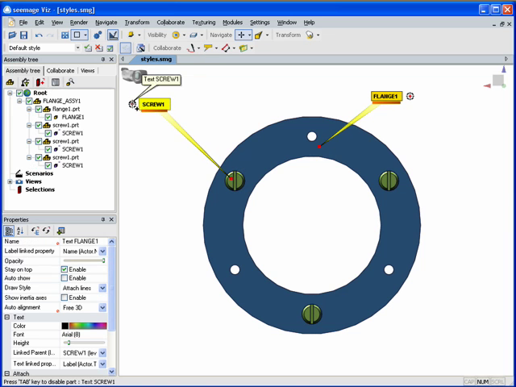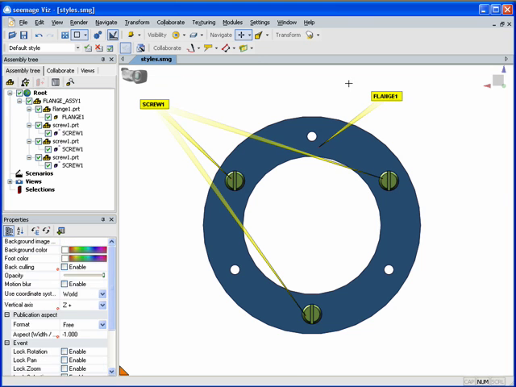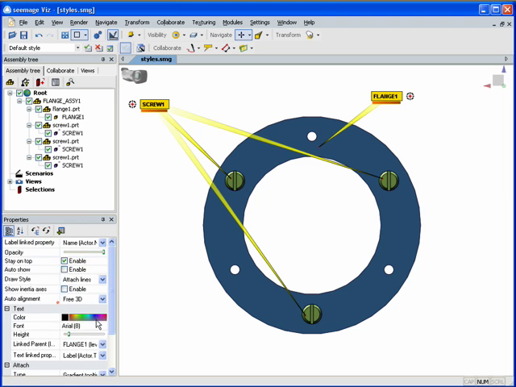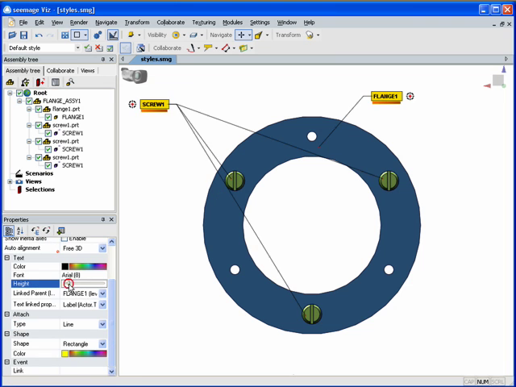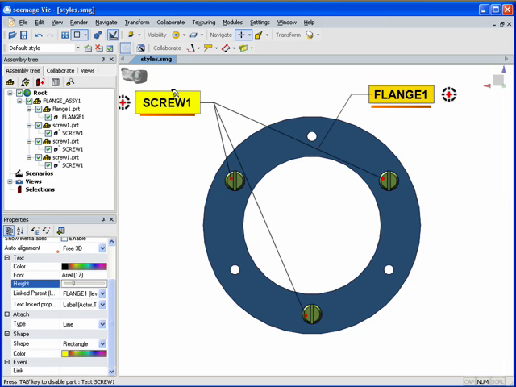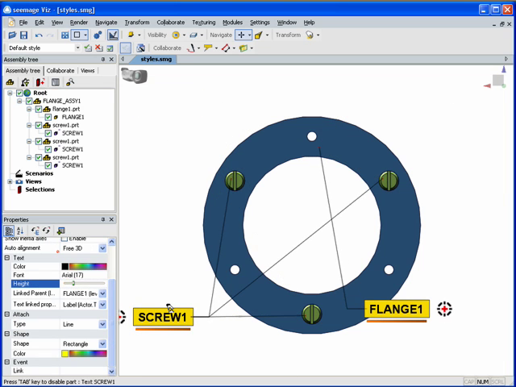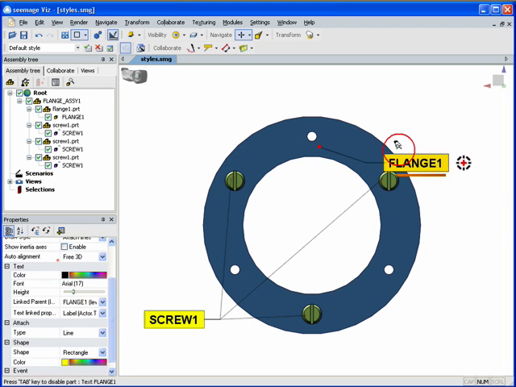So for the screws, I want to use only one annotation and have several lines, because it is an instance, it's the same screw. You can change some properties of the annotation. For example, I don't want to have this kind of attach, I just want to have a simple line. I want to increase the size of the annotation, and I can place it wherever I want on my 3D